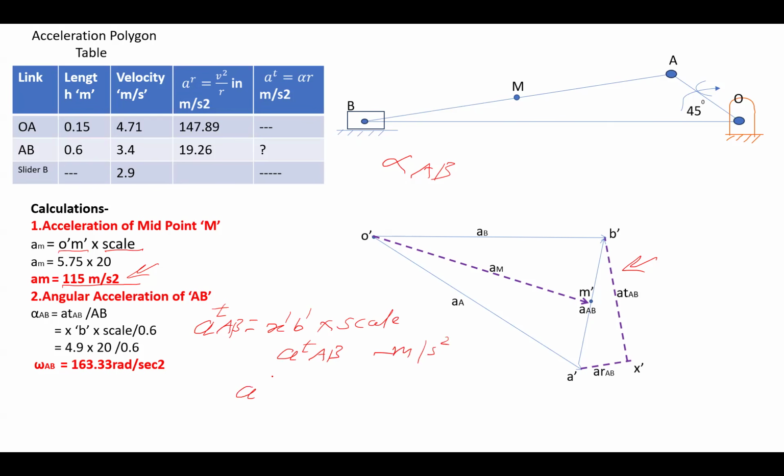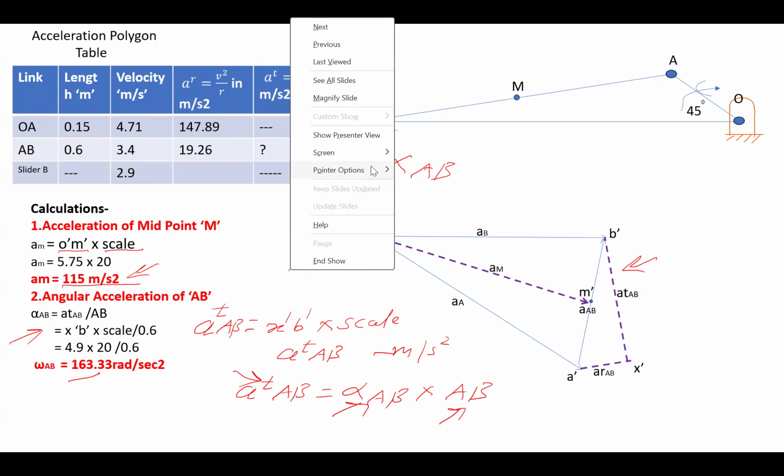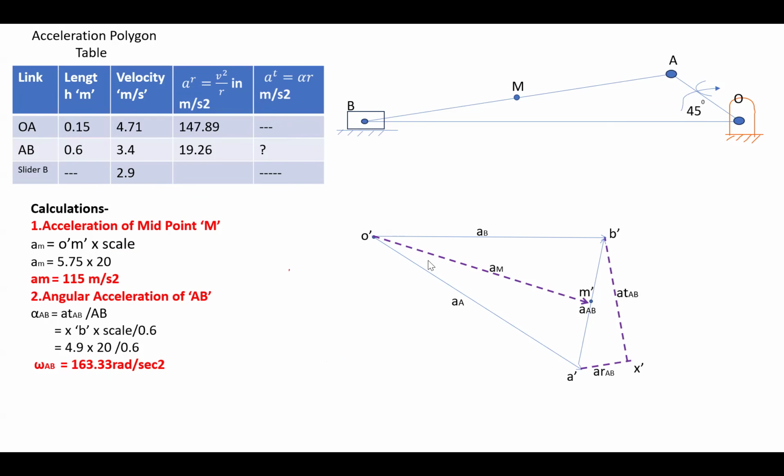Now by using the equation a_t AB equal to alpha AB multiplied by length AB, you can find alpha AB, because the length of AB is already known. See here, the calculation is shown here. It is 163.33 radian per second square. In this way, this numerical is completed. So this is the total numerical where we have seen how to draw the velocity